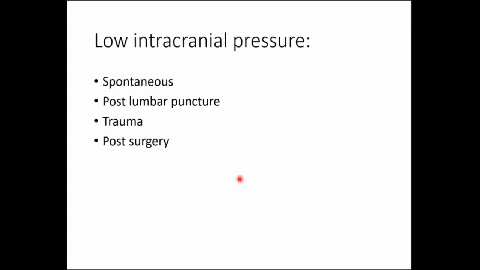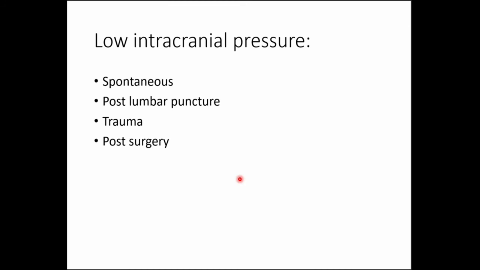So low intracranial pressure headaches. This can be spontaneous. This can be following lumbar punctures. It can be following trauma or following surgery, so some sort of CNS surgery, for example. And it's thought that these causes or these triggers lead to a continuous leakage of CSF and intracranial hypotension. And intracranial hypotension would lead to a sagging of the brain and traction on the dural and vascular elements, as